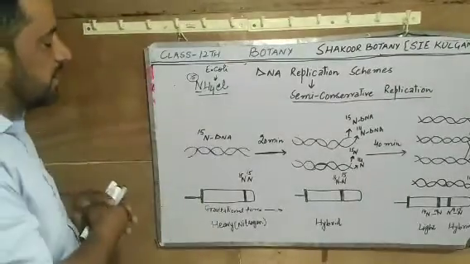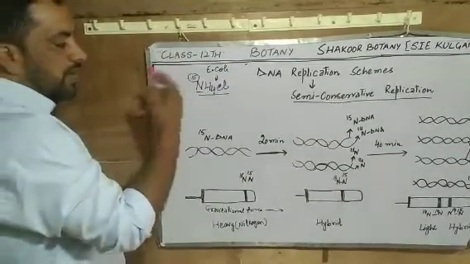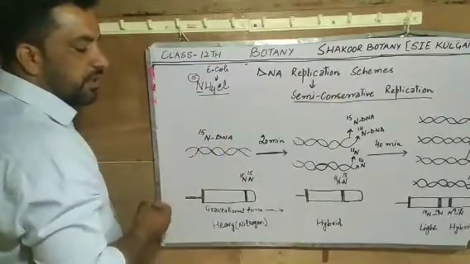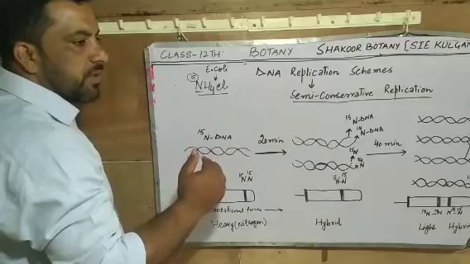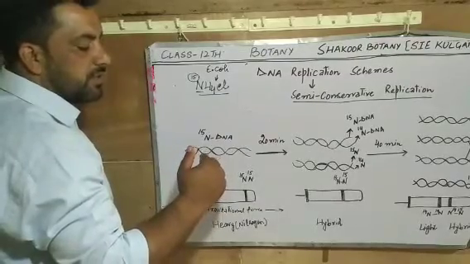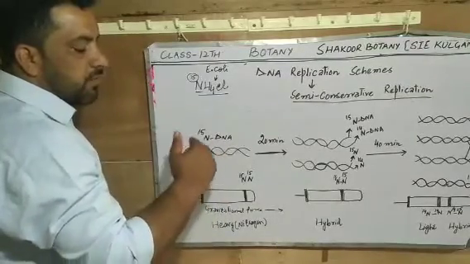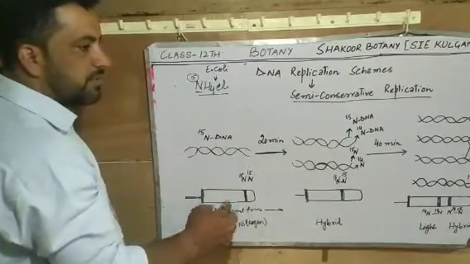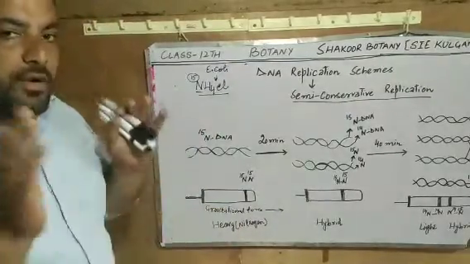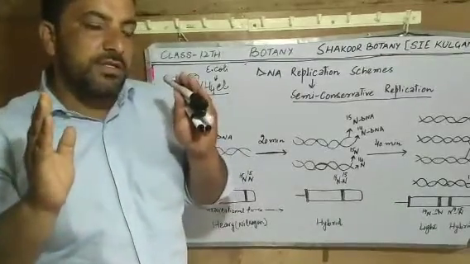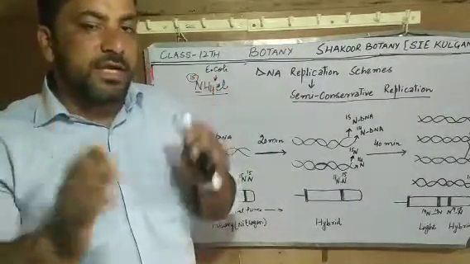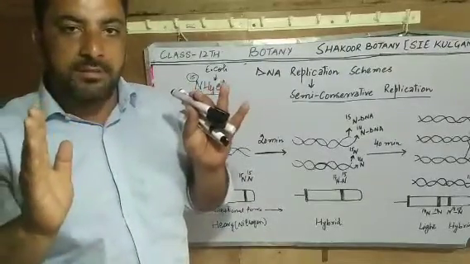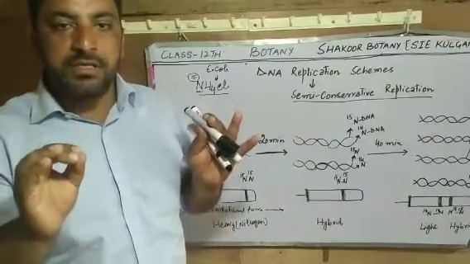So what happens? After a long time period, the DNA was isolated from this Escherichia coli, and this DNA then underwent a process of centrifugation, during which DNA sediments on the basis of centrifugal force based upon its density,